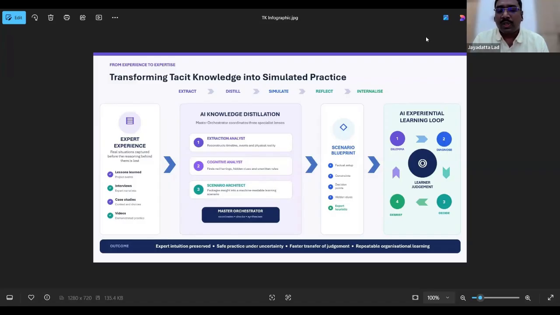One way is, of course, I can pull them into a classroom and make them sit and discuss these things. But if I want to do it on demand, and in this case leverage the use of AI, what can I do?